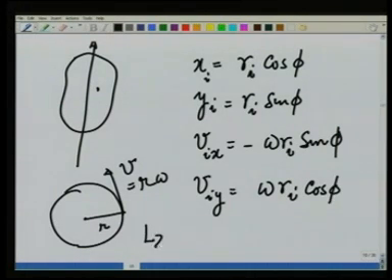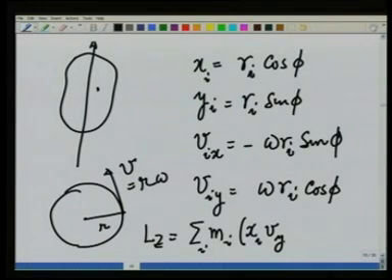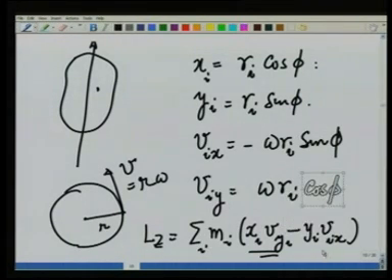Recall, Lz is nothing but the summation over i of m_i times x_i v_y for the ith particle minus y_i v_x for the ith particle. Substitute all these quantities in. This is going to give you r_i square cosine square phi, and this term is going to give you r_i square sine square phi with a minus sign. So, minus minus will compensate, and therefore I get